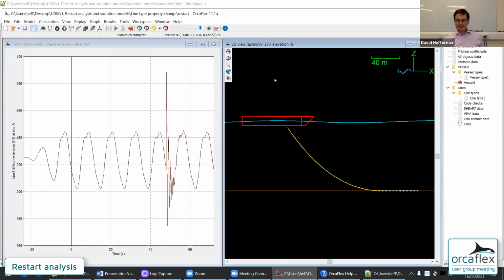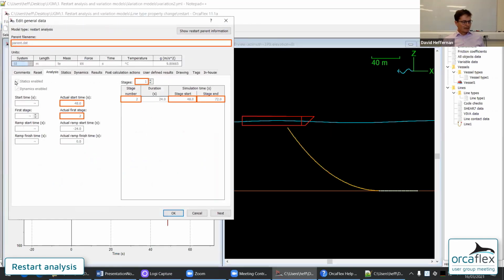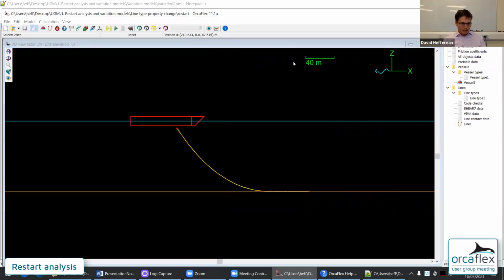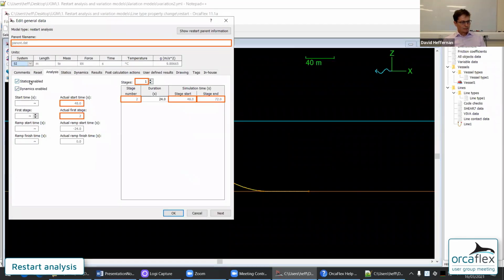I think we're getting to the stage now, after months working with the feature, that we're making it less frequently, but we still every now and again make this mistake. And the mistake is simply that I have left statics enabled. Actually, it's easy to see if I reset it. I have left statics enabled in the restart analysis, and the reason this causes a problem is in the restart